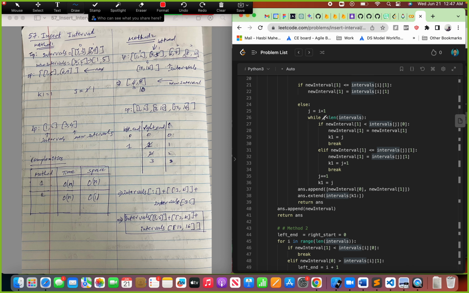While this is true, we now check whether the new interval of 1, which is 5, is less than 6. If our new interval's second value is less than the first value of the next list, then